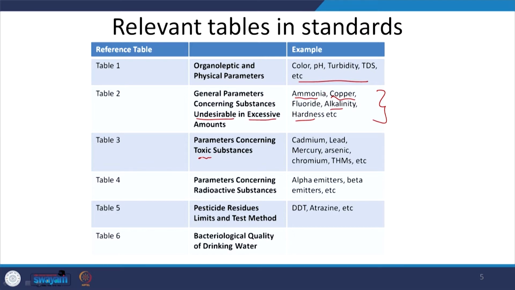Table 3 is about toxic substances, heavy metals, typically cadmium, lead, trihalomethanes, which are the disinfection byproducts we already discussed, and so on and so forth. And radioactive substances, but rarely do we measure this in drinking water because, okay, for example, I think there is